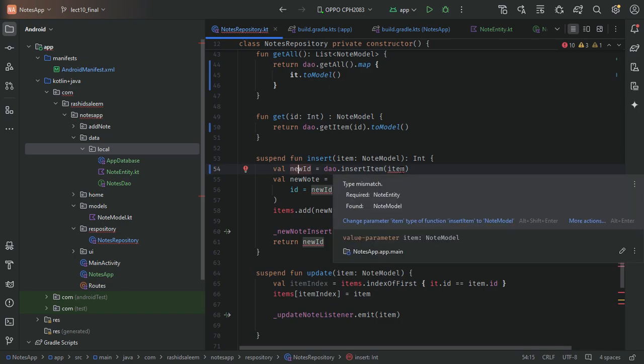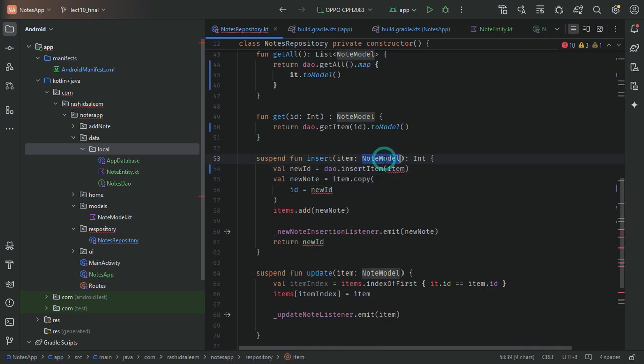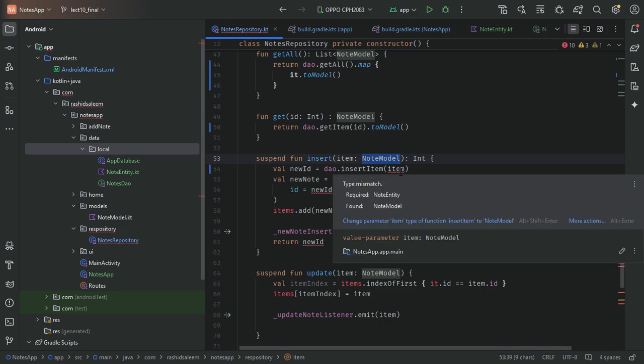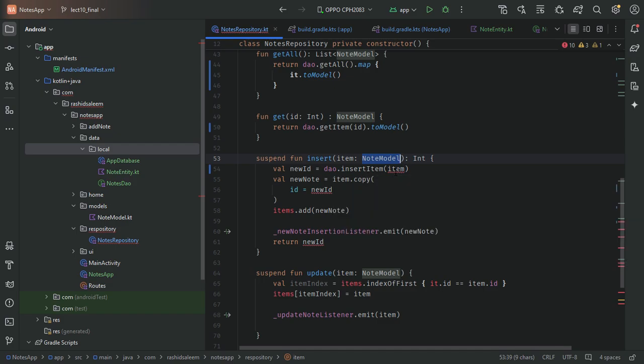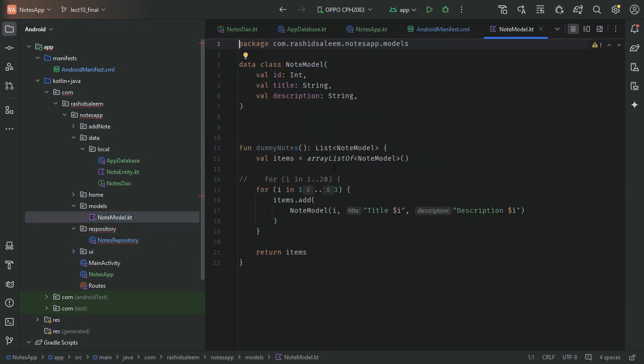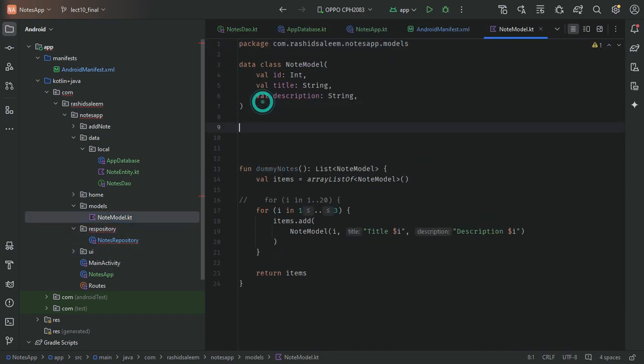But as you can see here, we have a node model, and our insert item needs the node entity. So for that we need to make another mapper from node model to node entity. So for that we go to our node model, and in here